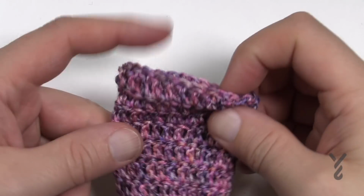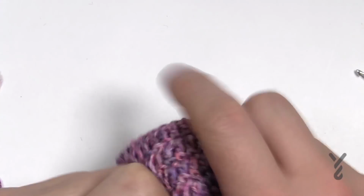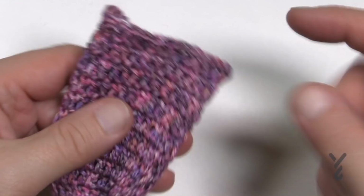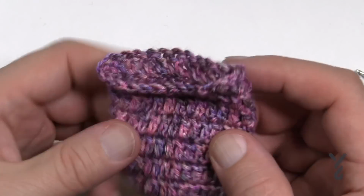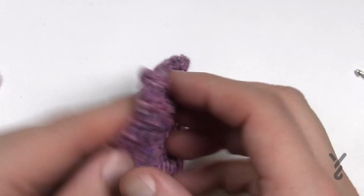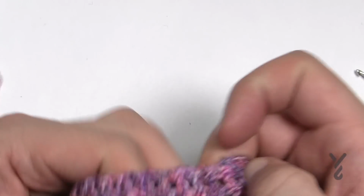So starting at the top, what I want you to do is, if you've been crocheting in a continuous circle, it could be inside out for you, it depends. If you are right-handed and you crochet this way, when you follow this, this here should, when I turn it around, actually go down. But when I follow that one going in this direction, it goes to the very end. So what you need to do is turn it inside out